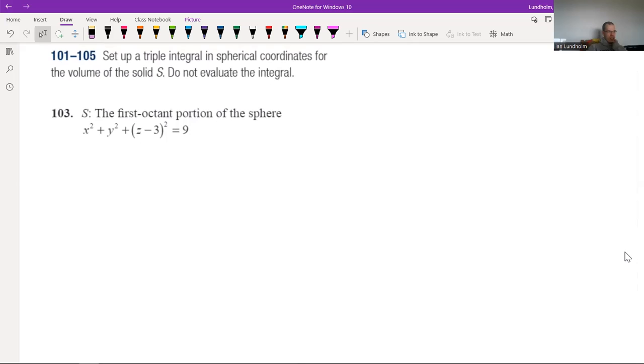First octant portion of this sphere. So first octant portion means we want x to be greater than 0, y to be greater than 0, z to be greater than 0. Cool. For a triple integral in spherical coordinates,